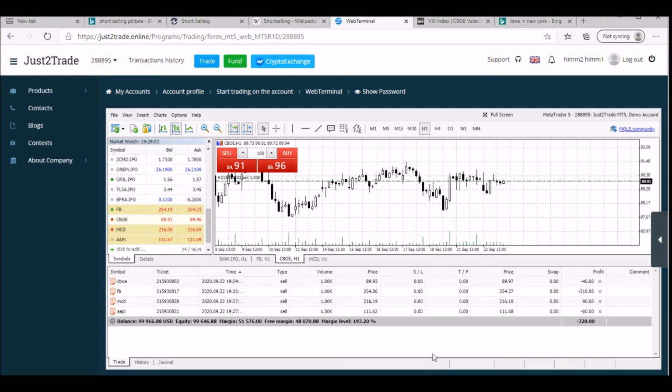Yeah, this is one of the easiest trading platforms you can use to trade. Very user friendly, very easy to go. Oh, great, great. So we have 120 here for McDonald's. Yay. Yeah, that is good news. Oh, it has reduced to 40.